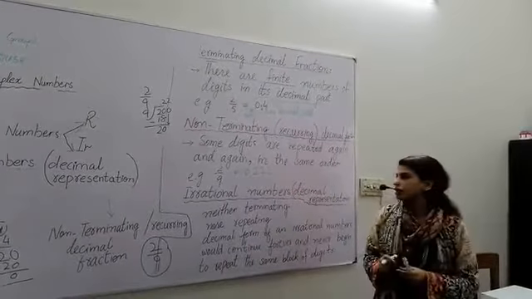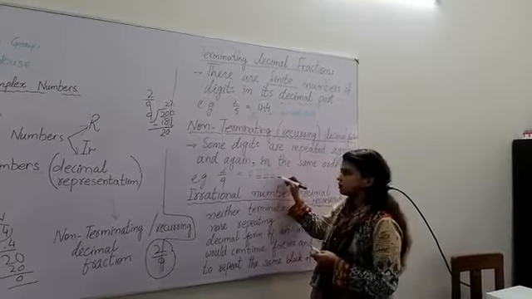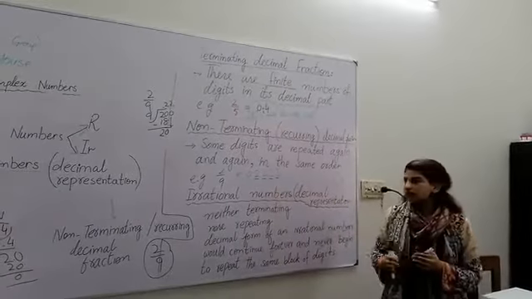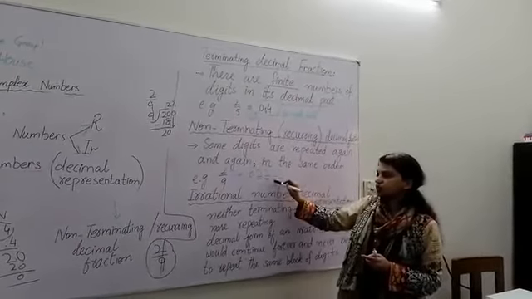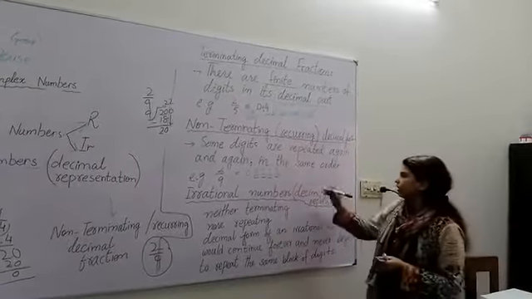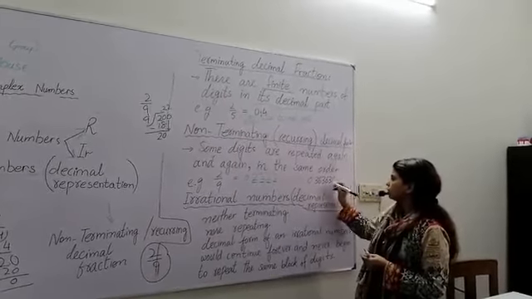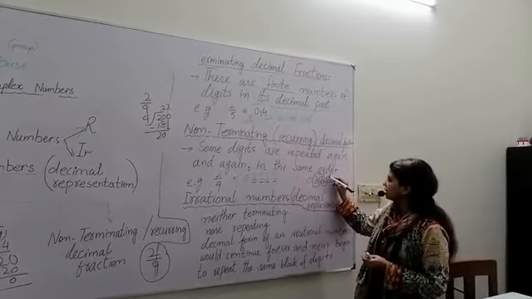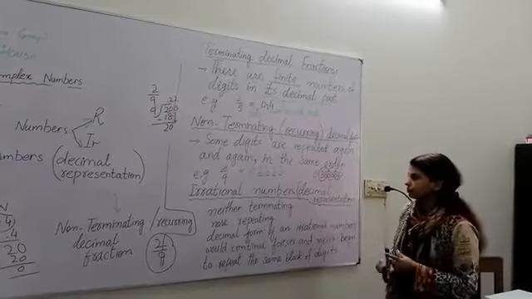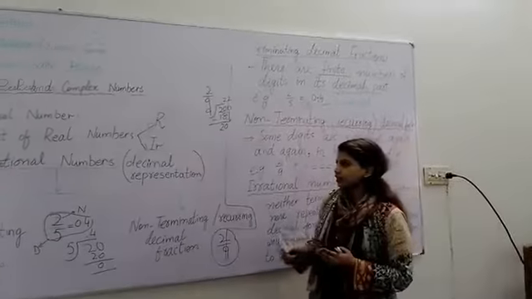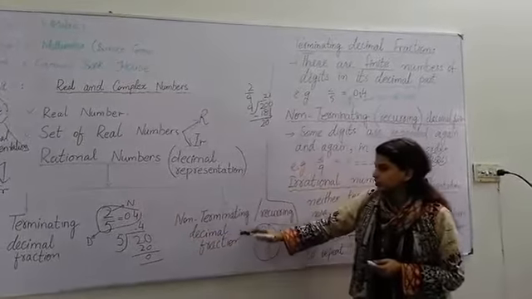One thing is important here. We have the same repeated values. You must have the idea about non-terminating or recurring decimal fractions, that we have the same values repeating, and somehow it can be like this: 0.36, 36, 36 and so on. You can see the same pair is repeating again and again. So this is also a non-terminating fraction. So we have a clear idea about the decimal representation of rational numbers, that is terminating and non-terminating decimal fractions.